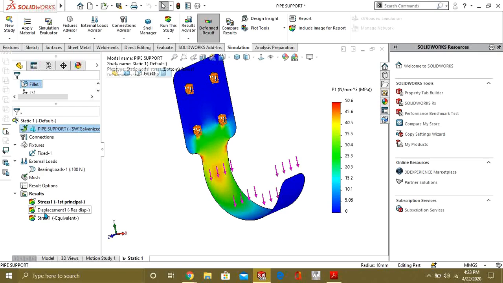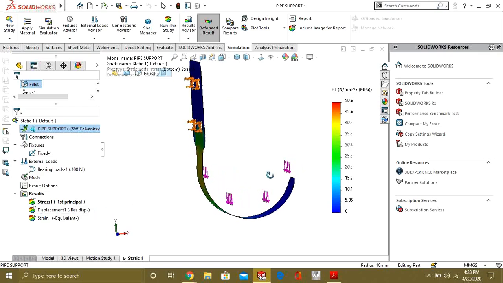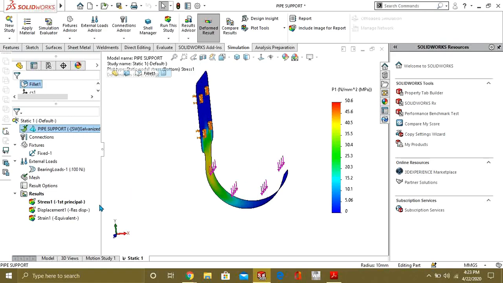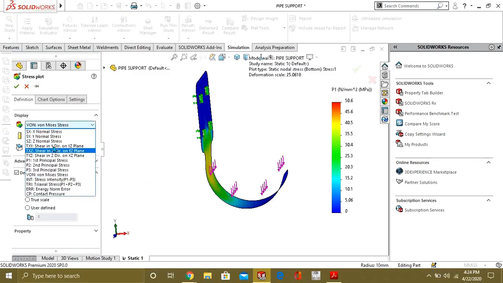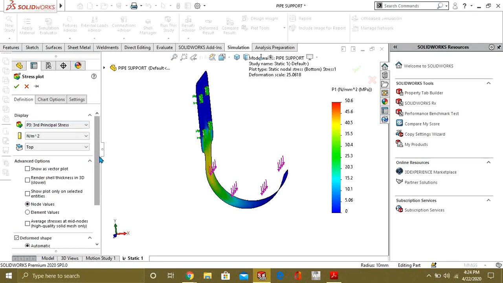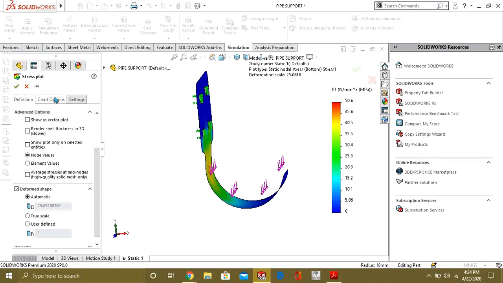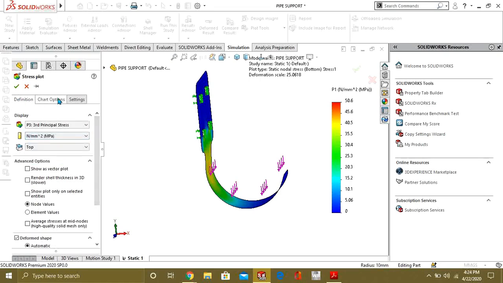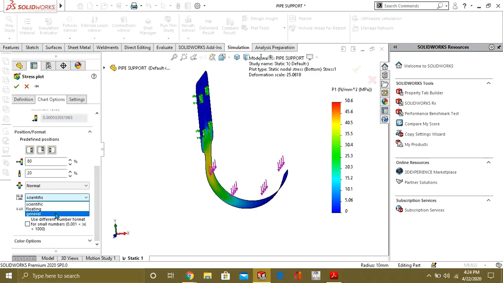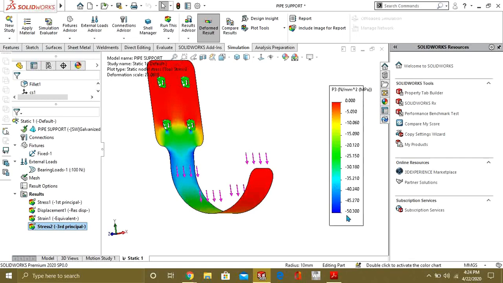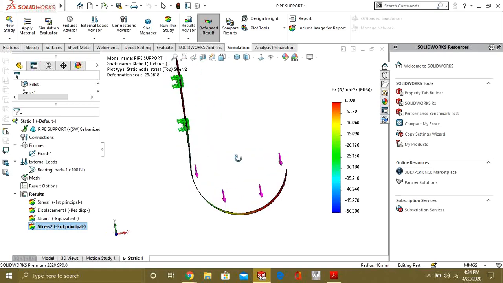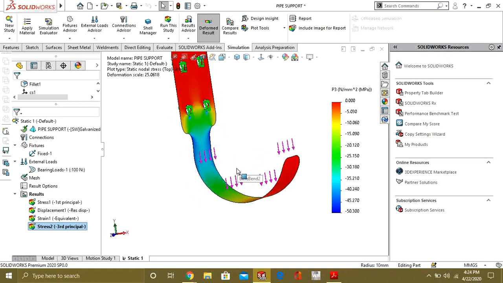Now we are going to plot a minimum principal stress, which will be our compressive side and will be the top of the element. So for that we will again go to stress plot, and the top has already been selected. From here we will select the P3 node value, and from here we will select it in megapascal and floating units and press OK. So you can see that our minimum principal stress is minus 50.30. This principal stress is on the top of the shell.